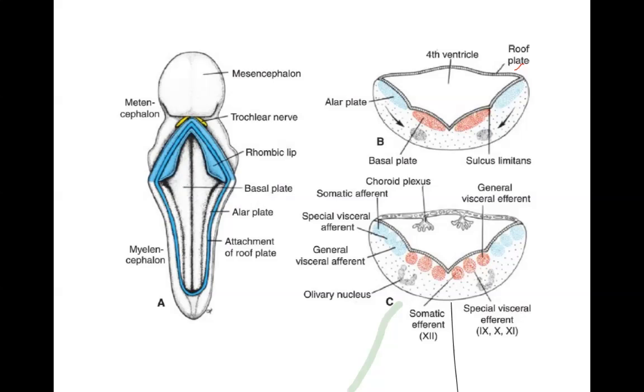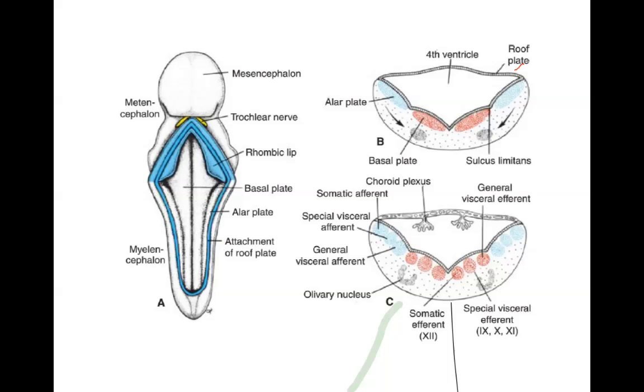And what we talked about in the earlier diagram that I drew by hand, in the myelencephalon, somatic efferent is for hypoglossal, special visceral efferent for 9, 10, 11, and general visceral efferent for involuntary muscles present in respiratory system or GIT and so on. So this is talking about myelencephalon or medulla.